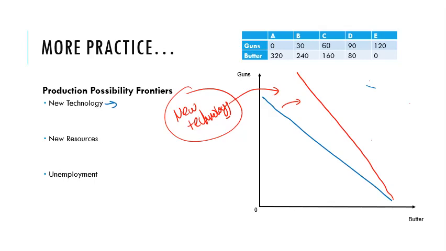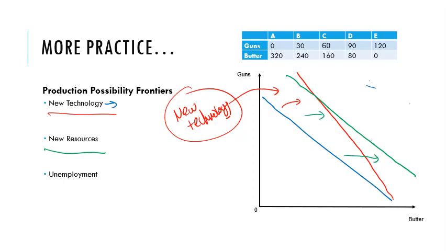Alternatively, we could have new resources. What that means is we're going to have more inputs. When you have more things going into the production process, assuming you don't have any dropkicks working for you, you should increase your overall production. So this could be a total shift